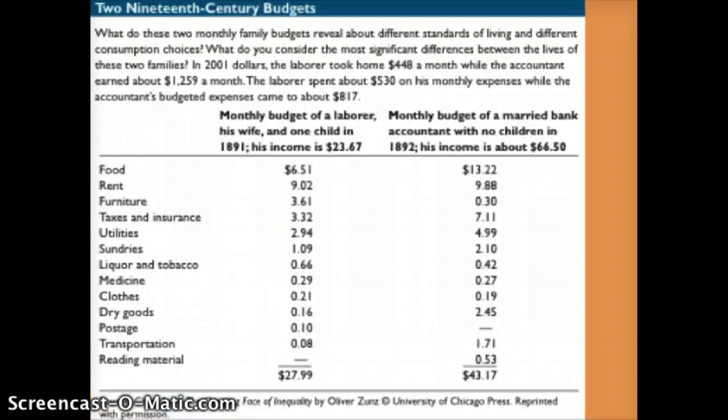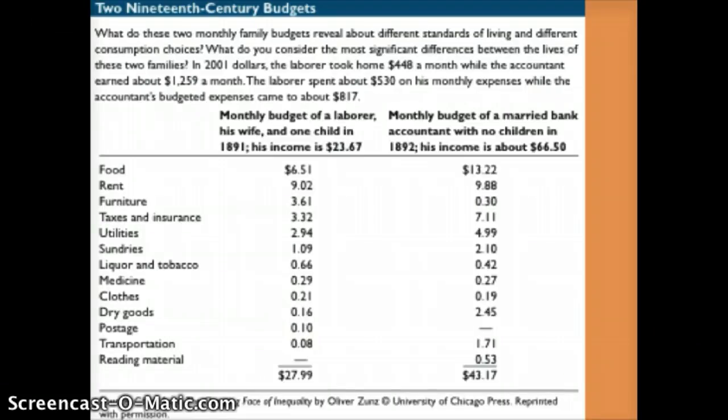Okay, now that you've discussed that, I'd like to move on to the chart that's in your textbook that compares monthly budgets between two different individuals. That of a laborer, his wife, and one child in 1891, and a married banker with no children in 1892. So, what inferences, after examining this chart in your textbook, can you gain concerning not just the comparisons and contrasts between the two,